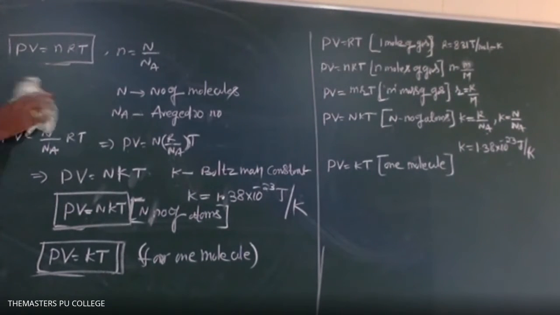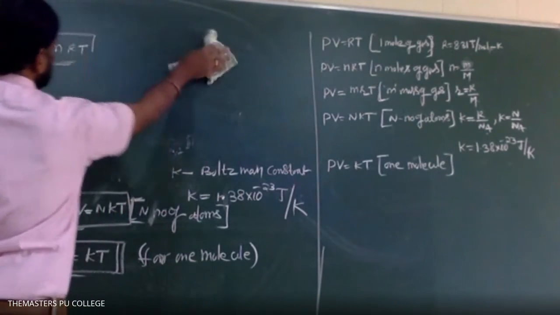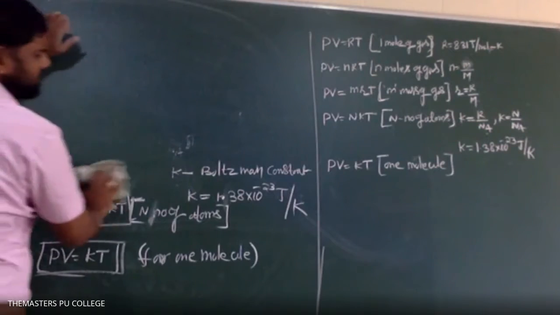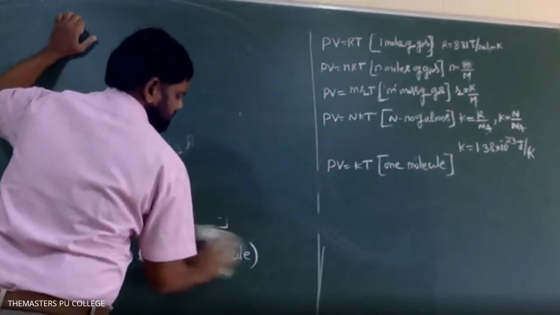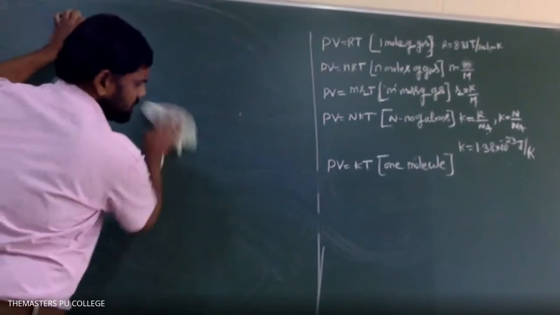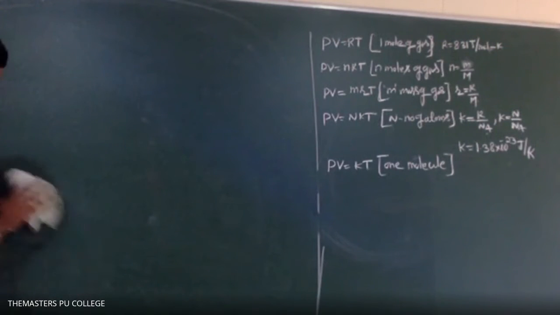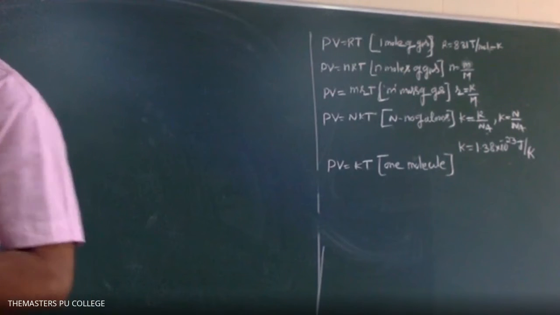So the first problem is related to the Quincke's tube, but the Quincke's tube experiment was not there in the syllabus. So that type of questions we will see from a revision point of view. Let us discuss the objective questions on the concepts we have done in the class. So let me go to the second question.